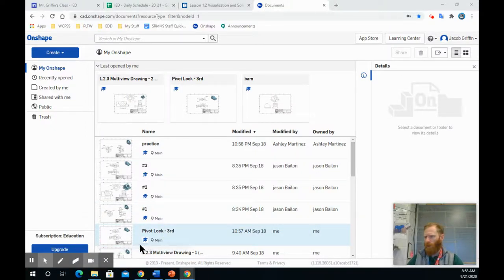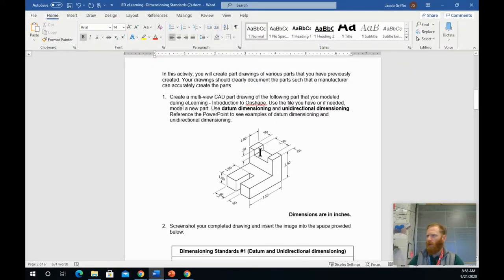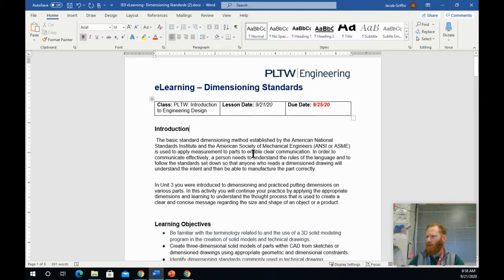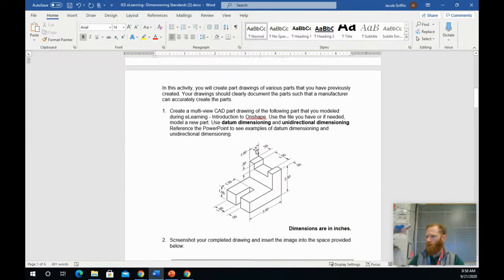Good morning, everybody. We're going to be continuing our lessons on Onshape, working with drawing 3D parts. However, today we're going to dive a little bit deeper into dimensioning. All right, so we're going to start right here with our assignment, activity 1.2.4, dimensioning standards, scrolling down to our